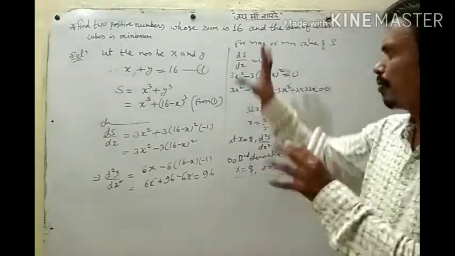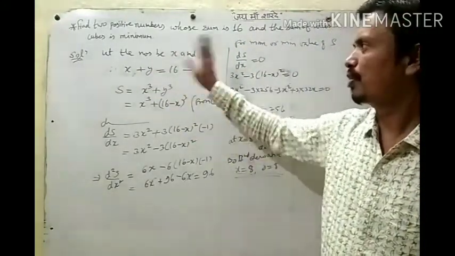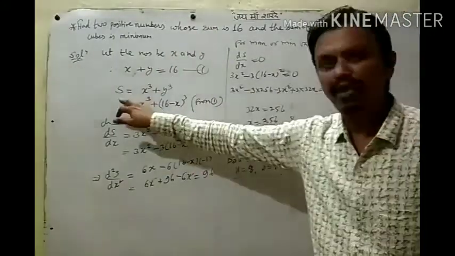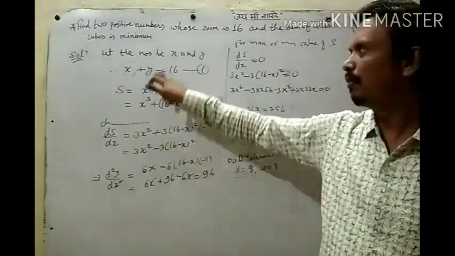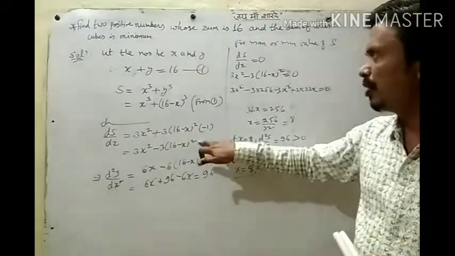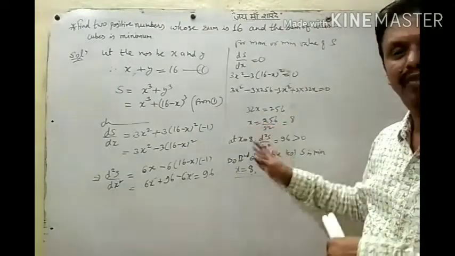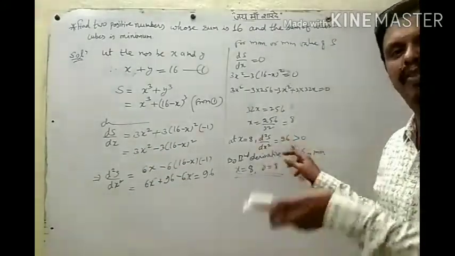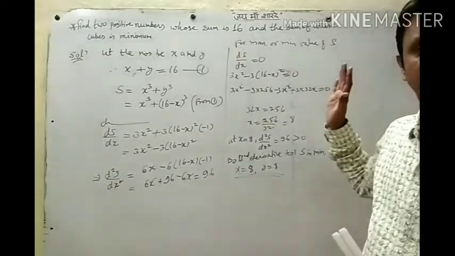So some steps are fixed. First, assume the unknown numbers x and y, and if there are two numbers, form equations using the given condition. Then get the function which should be maximized or minimized, and write it in terms of one variable with the help of the given condition. Then differentiate once, twice, and put the first derivative equal to 0. Then find the critical points, and at these points find the value of the second derivative. If it is negative, the value will be maximum. If it is positive, the value will be minimum. Okay, so like this the steps are there.